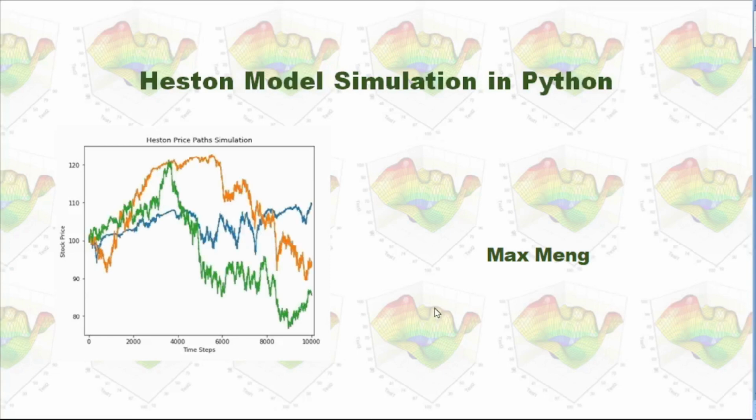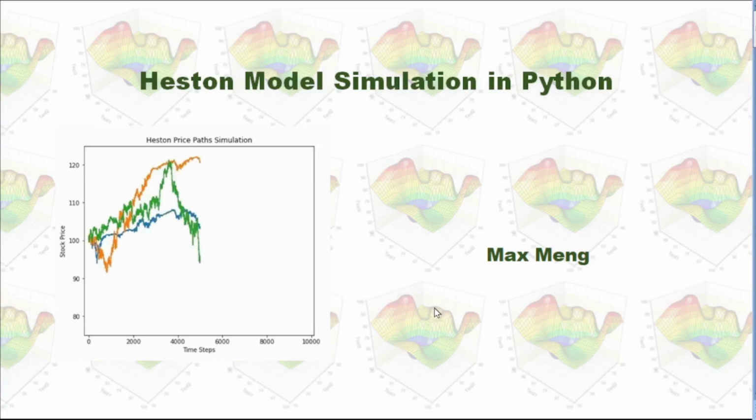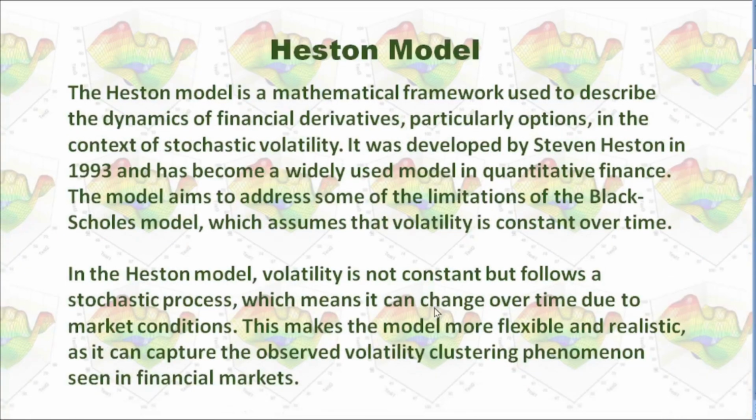This time, I'm going to talk about Heston model simulation in Python. The Heston model is a mathematical framework used to describe the dynamics of financial derivatives, particularly options. The model aims to address some of the limitations of the Black Scholes model, which assumes that volatility is constant